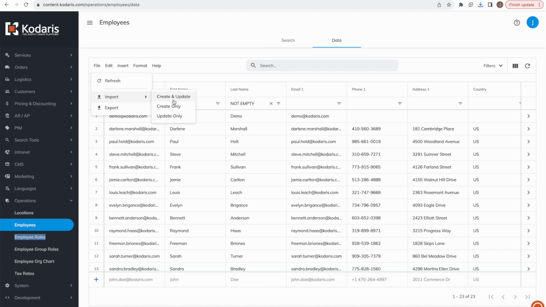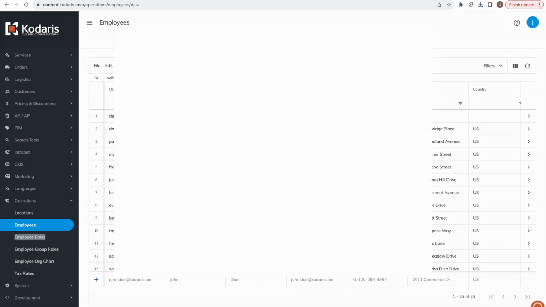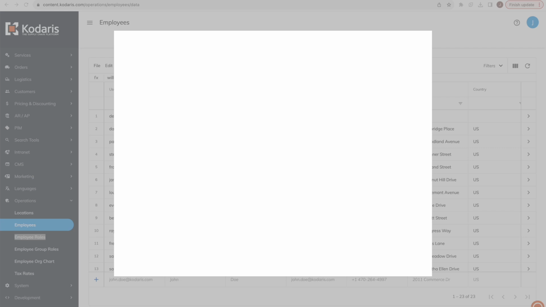If you had employees in your sheet that already existed in the Kodaris system, and you wanted to update values on them, you could choose Create and Update. And for any new employees in your sheet, it would create them, and for any existing ones, it would simply update. Similarly, you can choose Create Only if you only want to create new records, and Update Only if you only want to update existing employees. I'm going to go ahead and choose Create Only, and choose my import,